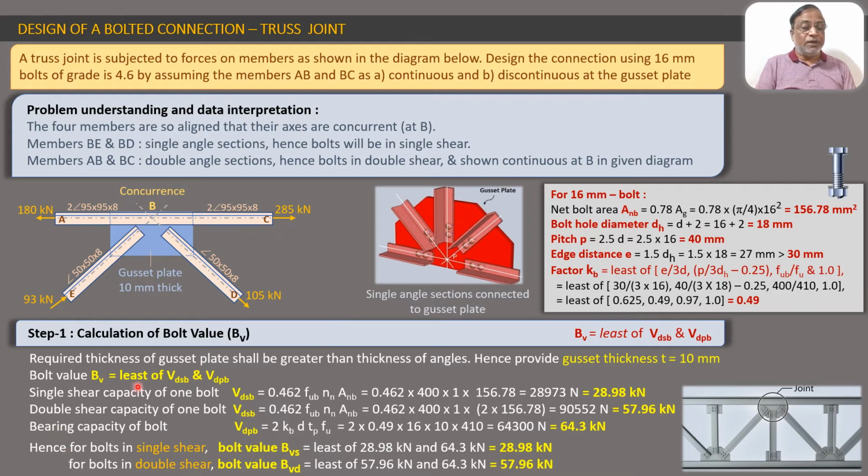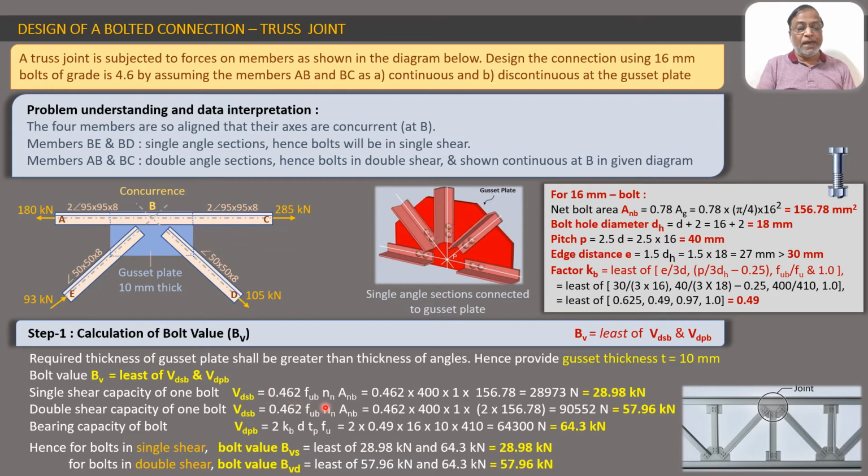Now while solving this problem further, in order to calculate the bolt value, we will have to consider the single shear capacity of one bolt as well as the double shear capacity of one bolt. So we will calculate both the values here. In other problems, we were considering only one, either single shear or double shear, depending upon the actual situation. But here we have two members with double shear bolts and two members with single shear bolts. So that is why we will calculate the single shear capacity of one bolt first, as the formula is the same, no difference,